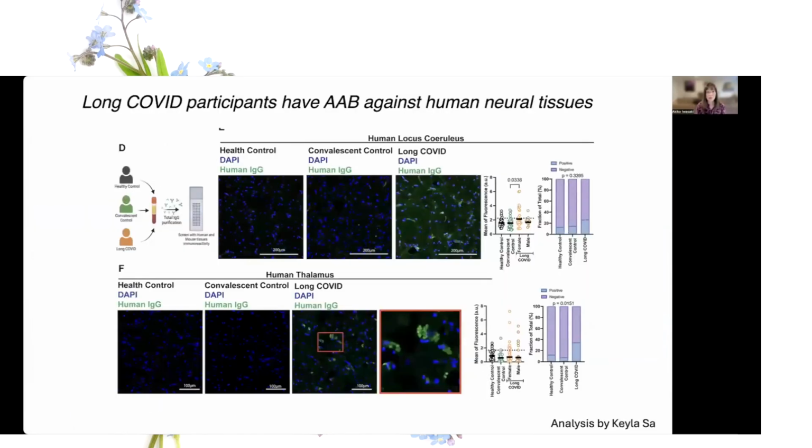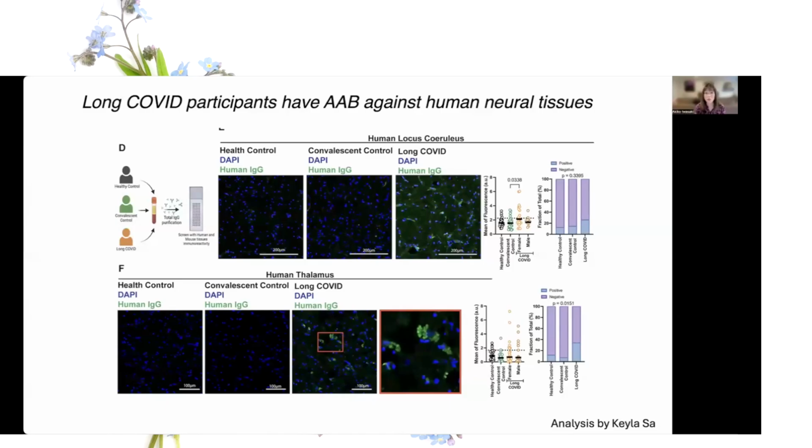So the way in which we address the role of autoantibodies is to first determine whether or not IgG that's purified from healthy control, convalescent control, and long COVID patients have reactivity against various different human and mouse tissues. So this is looking at human tissues, and we've analyzed, well, Kayla and her mentees have analyzed many different tissues, thousands of tissues, just showing some of the tissues that really distinguished the binding of IgG from long COVID patients